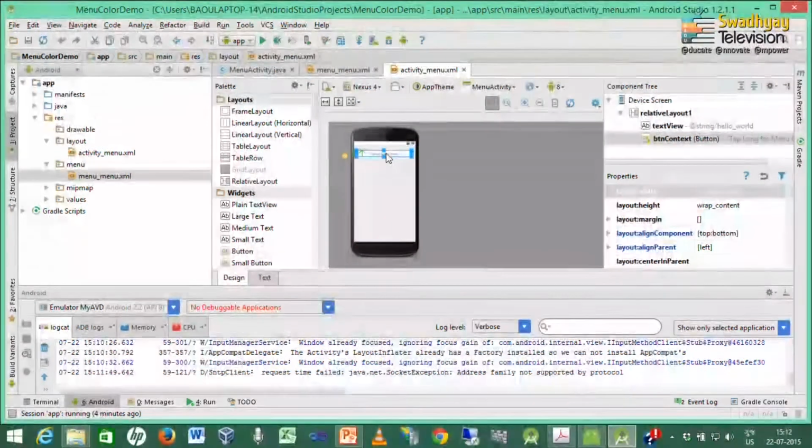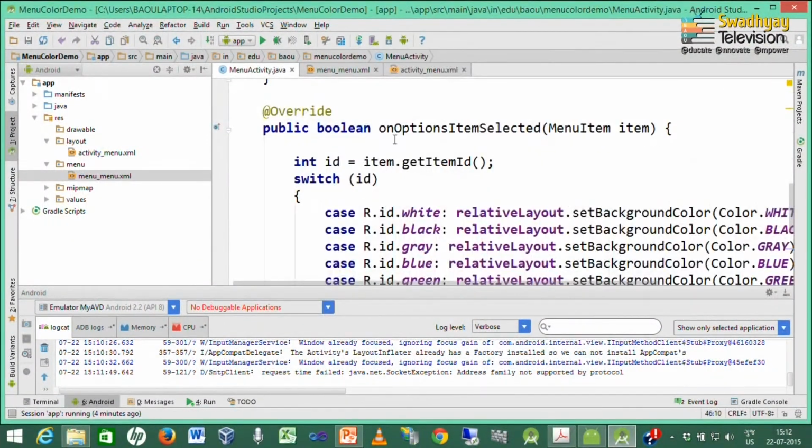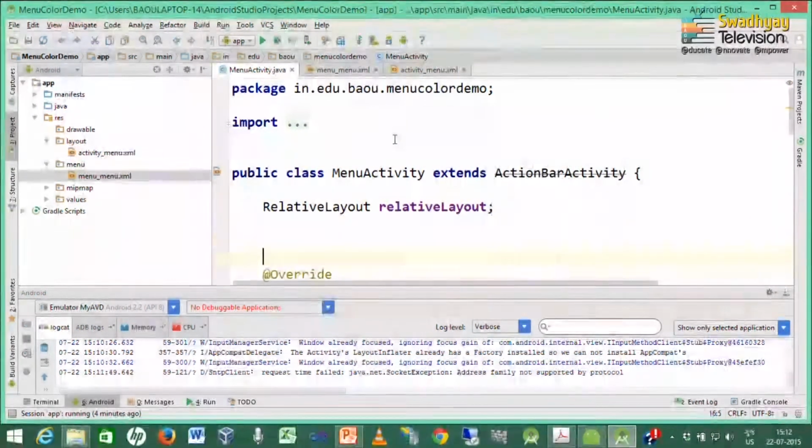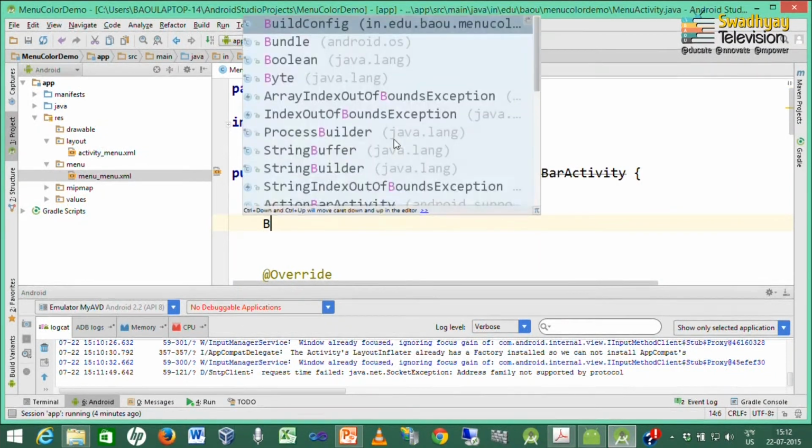So, here we have one button available. Now, we want to attach this menu as a context menu with this button. So, I go to the menu activity file, take a reference of this button, and here I declare the button.